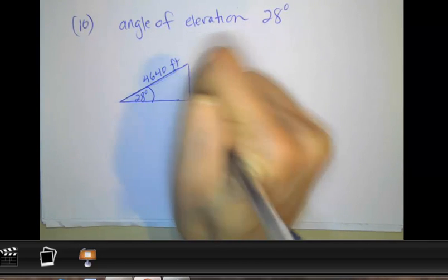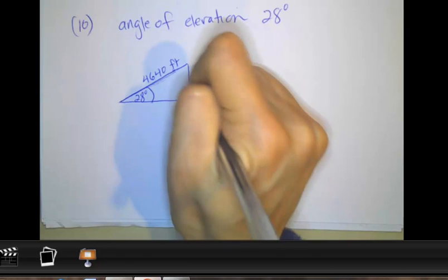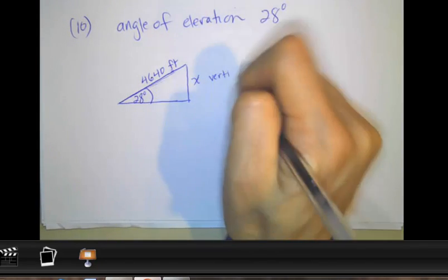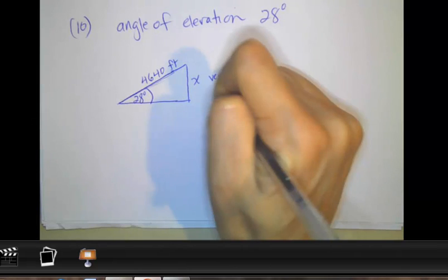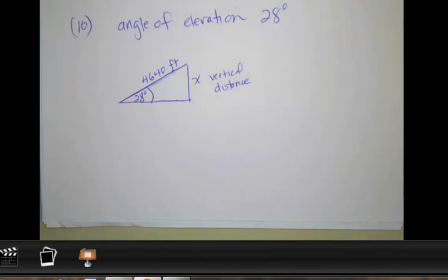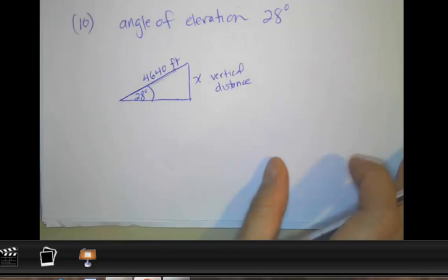And now it's asking for the vertical distance, which is going to be our unknown. So that's number 10, and you can use your trig ratios to find what x